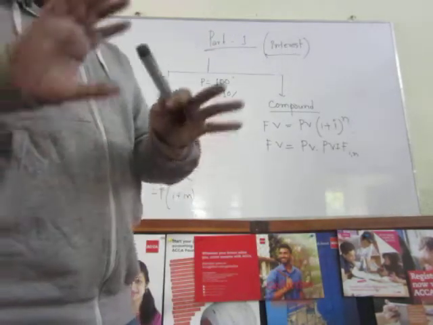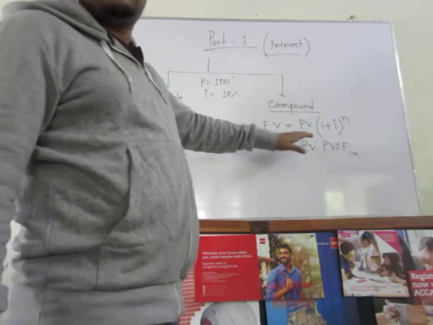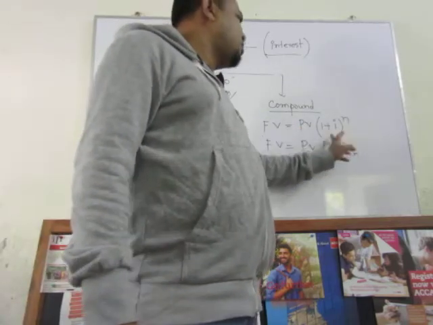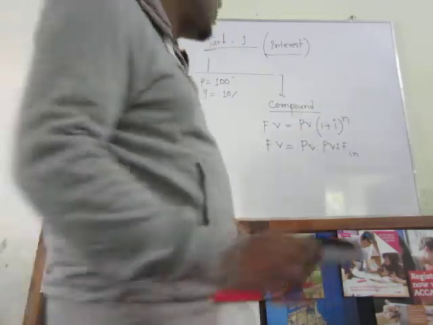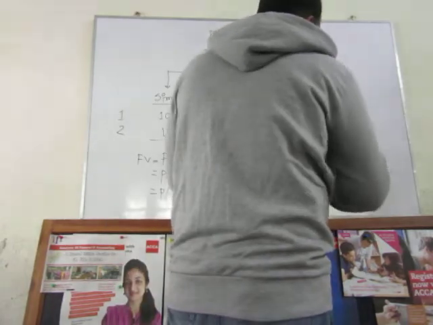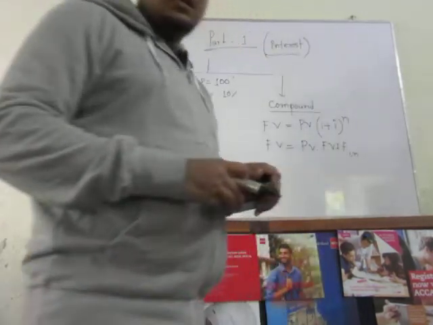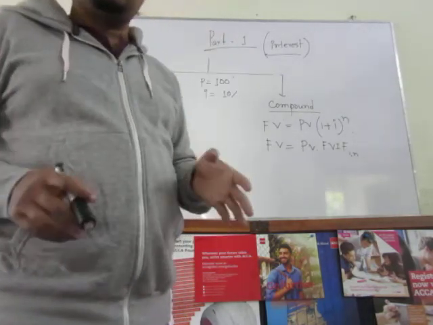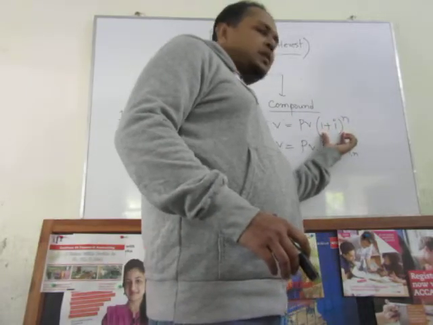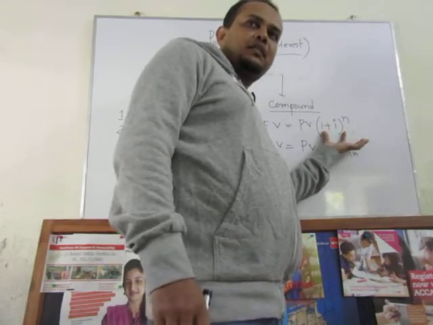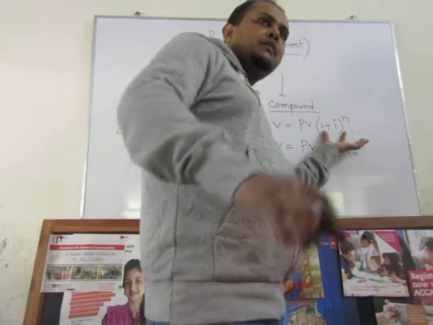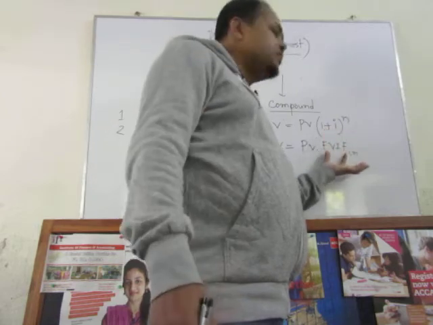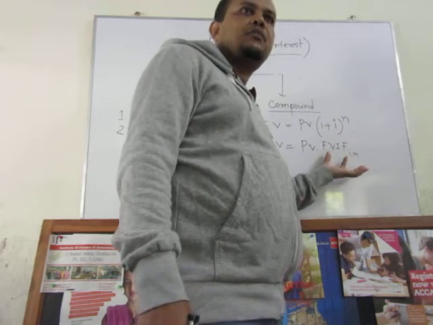If everything is provided, you can find the future value by using your calculator. But this is called the future value interest factor. That means you will also be provided a kind of standard table. So the value of this part can be found through the standard table. We will discuss it later on. This we are calling the future value interest factor.